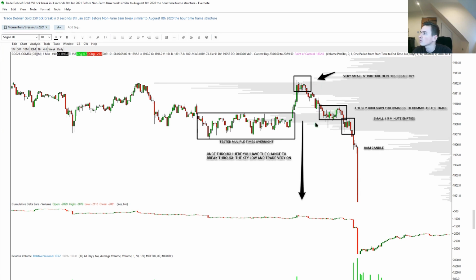It's about understanding where you can get in with risk reward in your favor. Selling up in this little box up here and noticing a change isn't really the high, it's not a great risk reward. You're selling 50 ticks on the side before you break the day's low, but